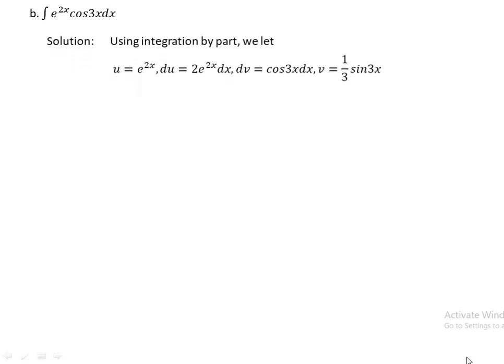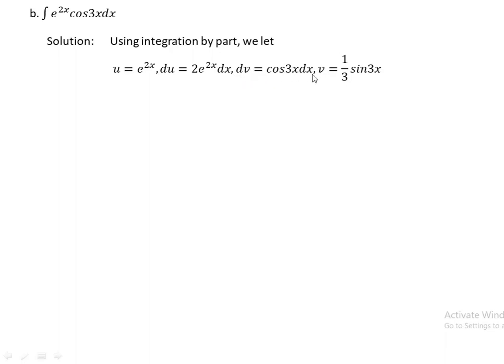Again, this is also solved by integration by parts. Now, using integration by parts, let u be the function which is easily differentiable, and for the time being, let us use u as e raised to 2x. Now, if u is e raised to 2x, our du becomes 2 times e raised to 2x dx. And our dv becomes